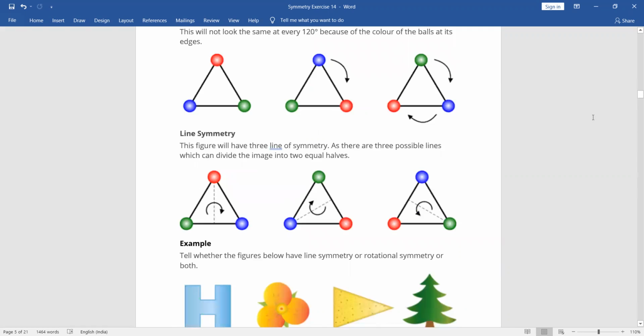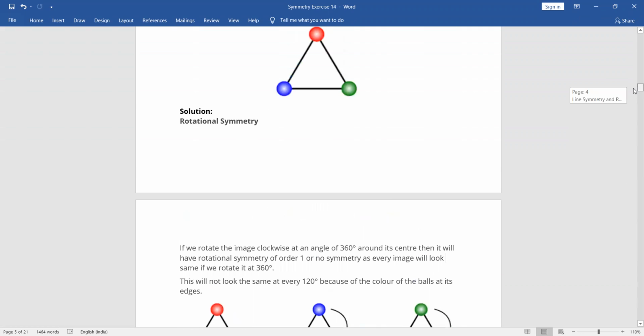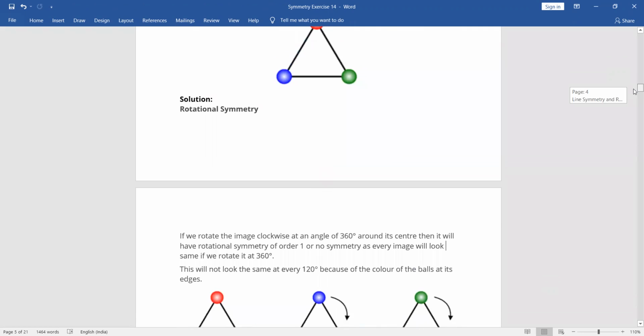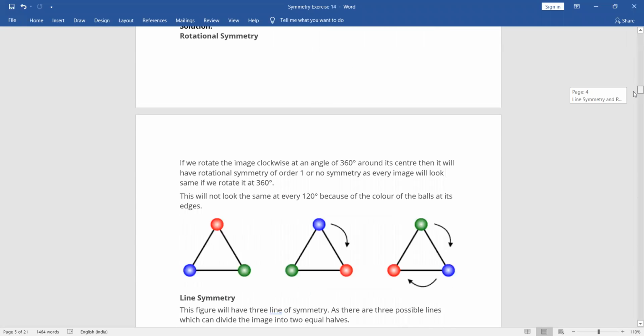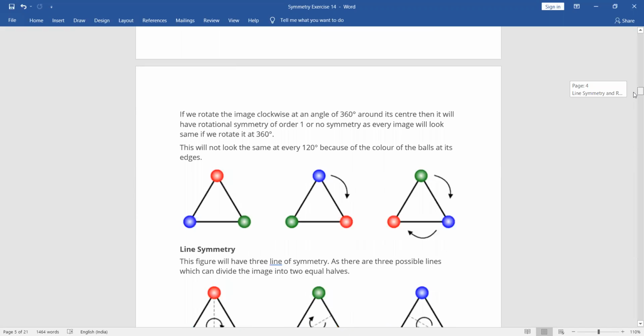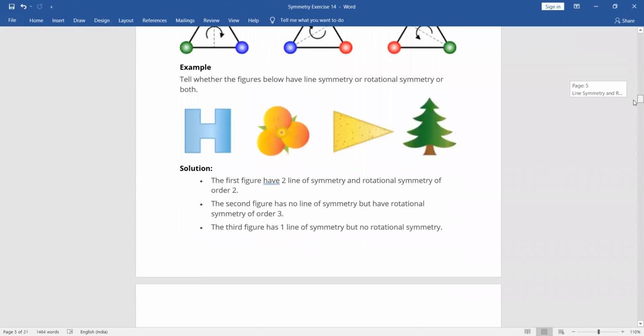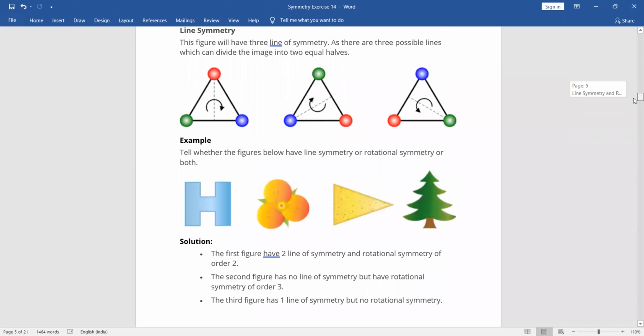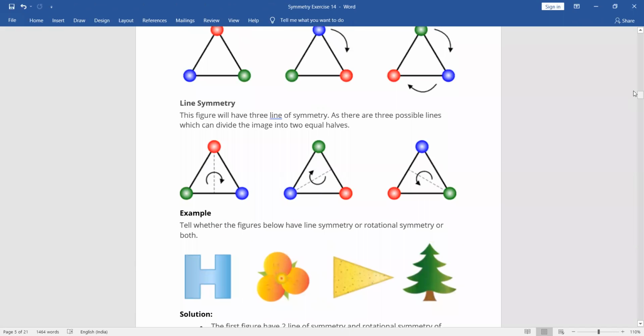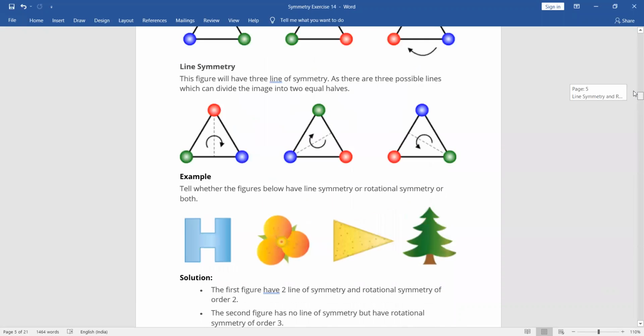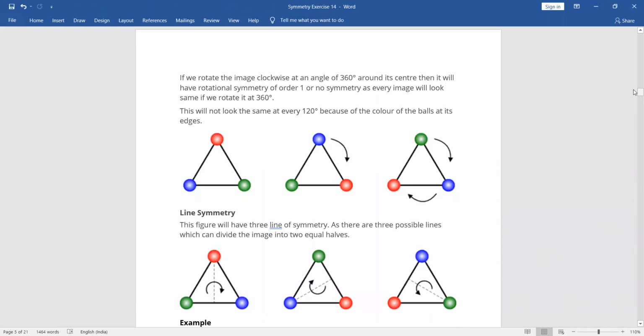But if we are considering its color, then there is no rotational symmetry. But if we are not considering color, so that it is easier for us to identify, then the order of symmetry is 3. So no need to get confused that the colors change. Only for clarification I am explaining it to you, so that you can easily know how the rotation is being done. Initially it was here, then we rotate it, green is here, then we rotate it, green is here, but it is looking the same.